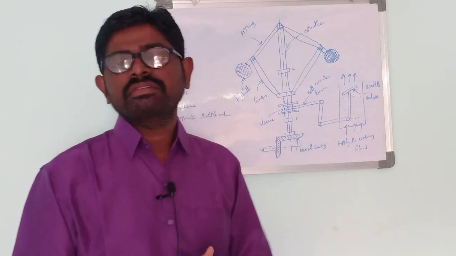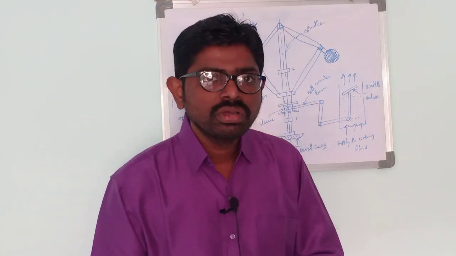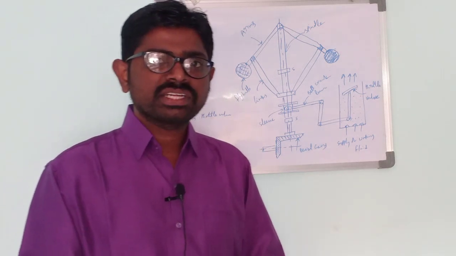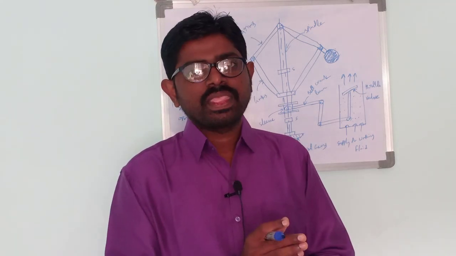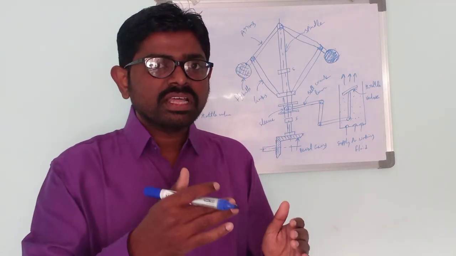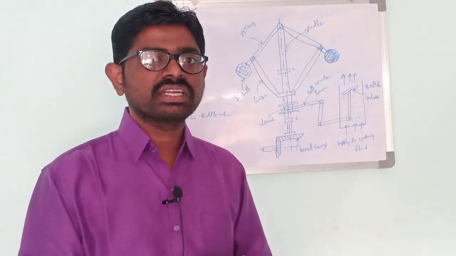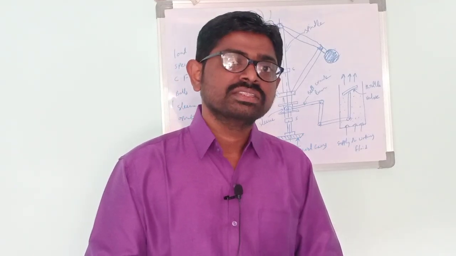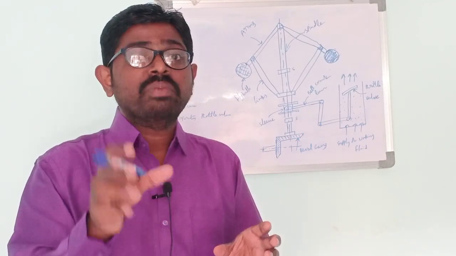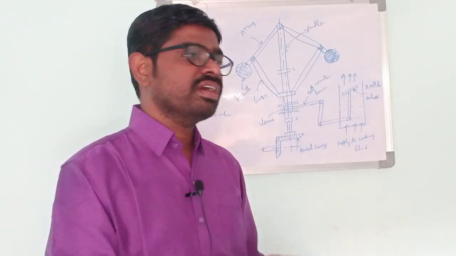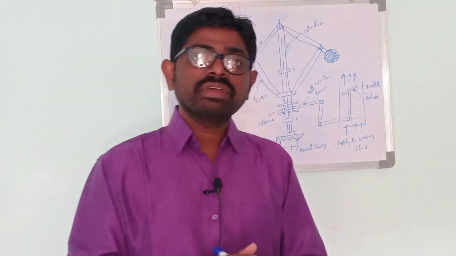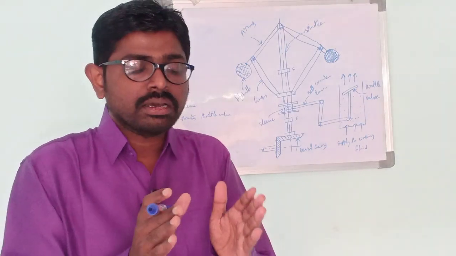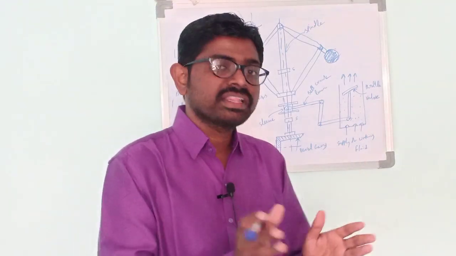For example, if I take a flywheel, based on the process, we may take a single cylinder double acting steam engine. In that process, there are some fluctuations of energy. If I draw the turning moment diagram, I can observe that there are some fluctuations of energy. Those fluctuations will be controlled by the flywheel. But the governor will regulate the mean speed of an engine when there are variations in the load. This is the basic difference between flywheel and the governor.